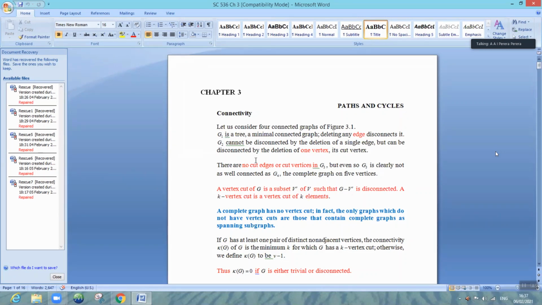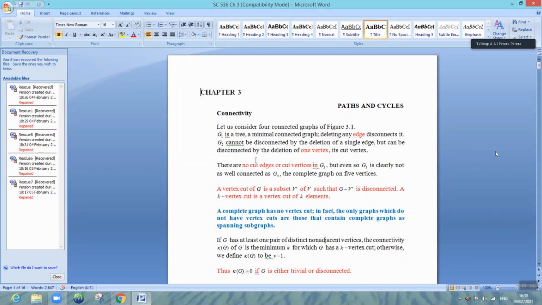So in the connectivity part, what we do is we are given a connected graph. Connected means the graph has only one component. So we are going to disconnect it. That means you are going to break it into pieces. When you disconnect it, one way is you can remove vertices. Another way is removing edges. By removing vertices you can disconnect, and by removing edges you can disconnect.